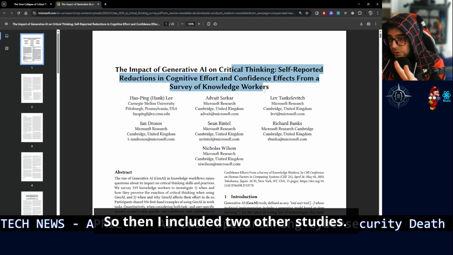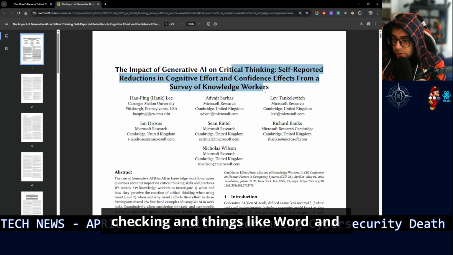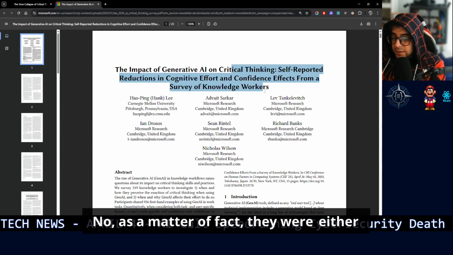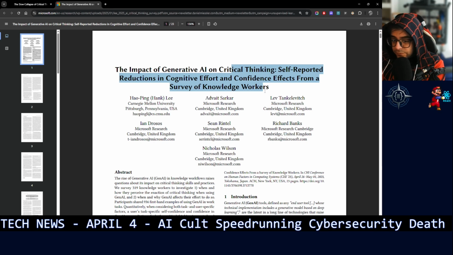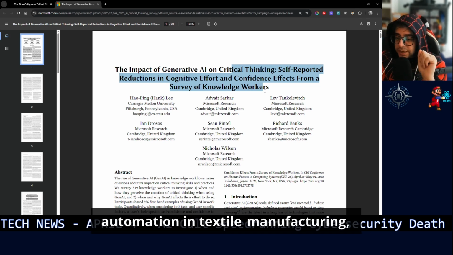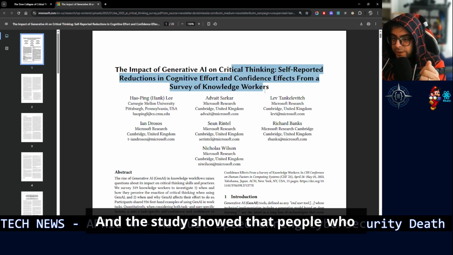So then I included 2 other studies. One was whether automated spell checking in things like Word helped you become a better speller. No, as a matter of fact, they were either net neutral or net negative. The other article that I included was about automation in textile manufacturing, the creation of clothes.